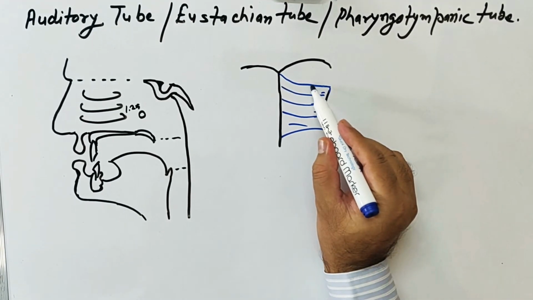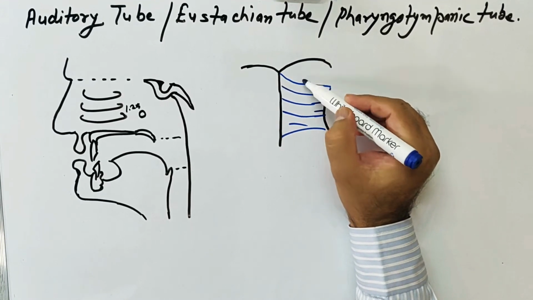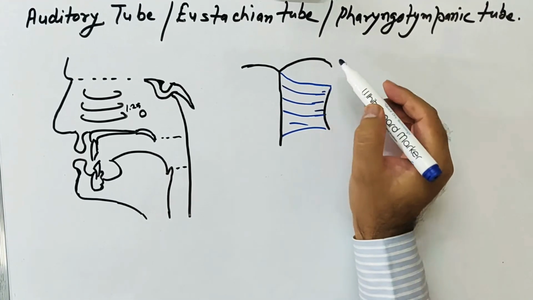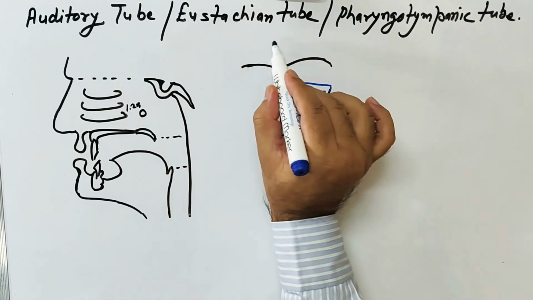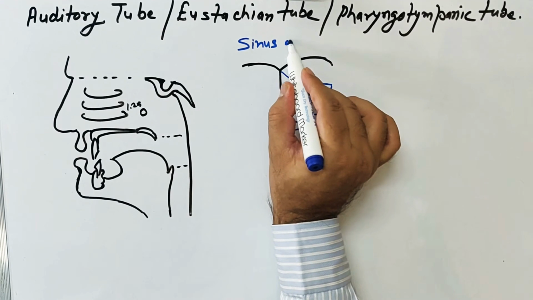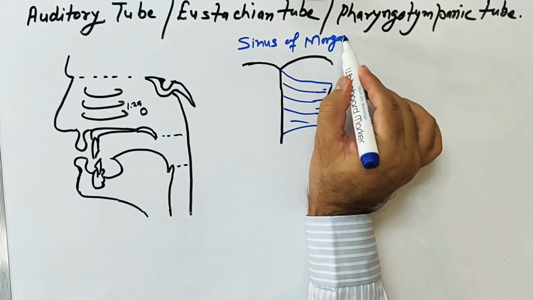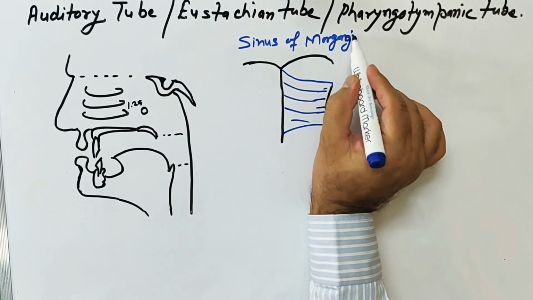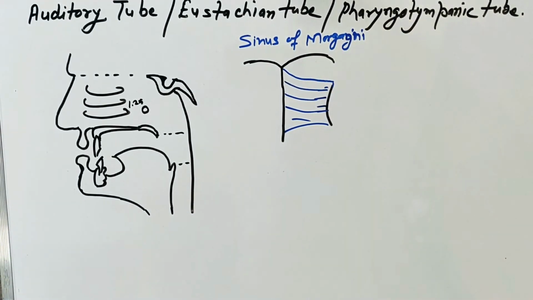Between the superior constrictor of the pharynx and the base of skull there is an opening or gap. This gap is known as the sinus of Morgagni. This is the sinus of Morgagni, and in this gap